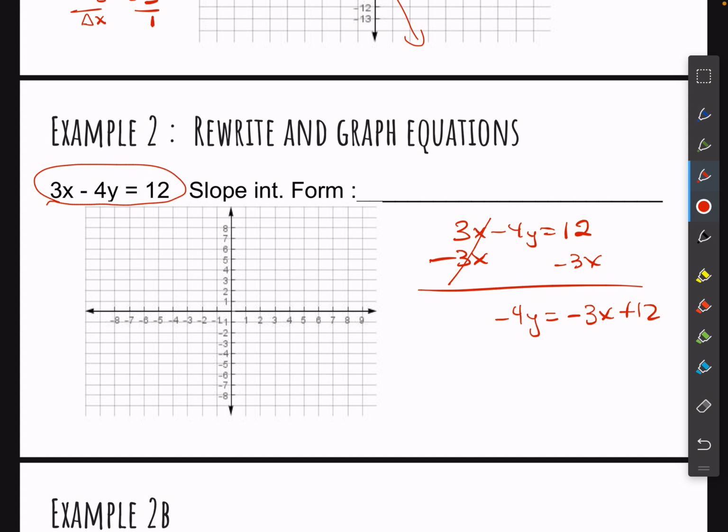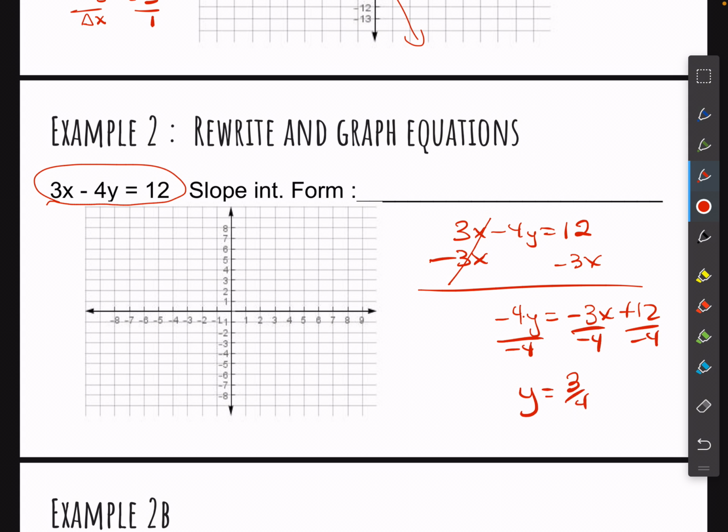All right, then to get the y by itself, we have to divide by negative 4 because right now it's being multiplied, right? Negative 4 and y are multiplied, so we're going to divide. So we're going to divide everything by negative 4. And for our final answer, we get y is equal to